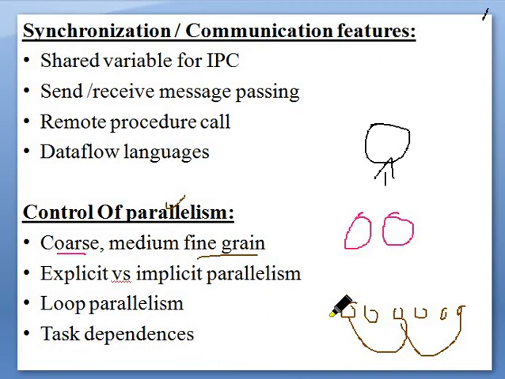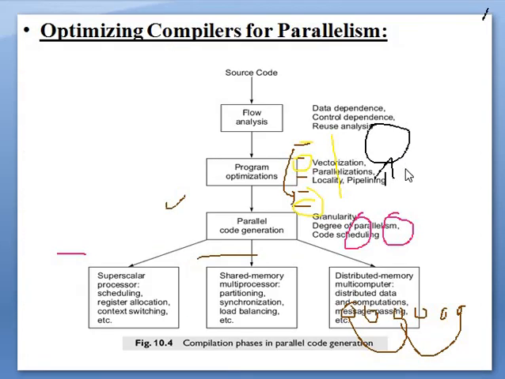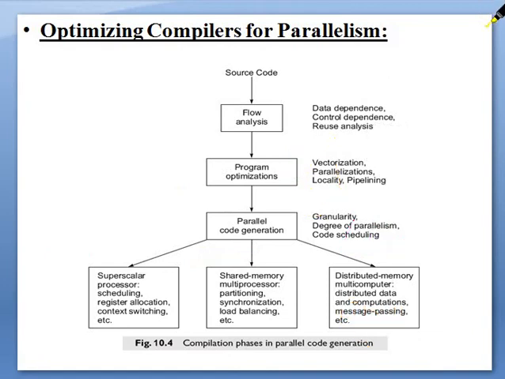So next one is task dependency. I mentioned that among many tasks, if one is dependent, keep it in a waiting state. If it is independent, take it out of the dependent section and try to execute it parallelly with the main process. Coming to the next, optimizing compiler for parallelism. What do we have to do with respect to the compiler so that we can get parallelism? There are different stages we have to remember. This flow graph you have studied in your compiler design. Please recall, it was in, I think, unit 5 or 6.